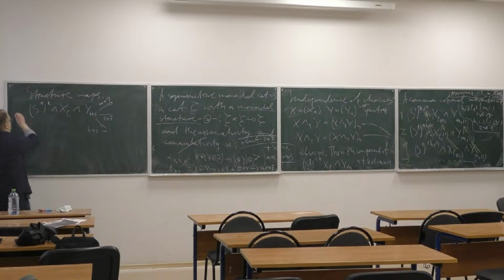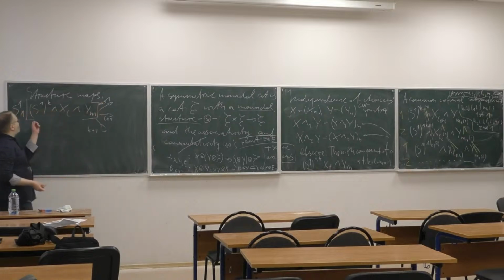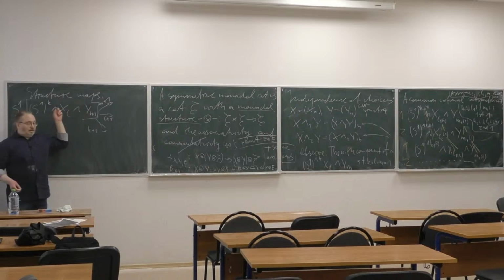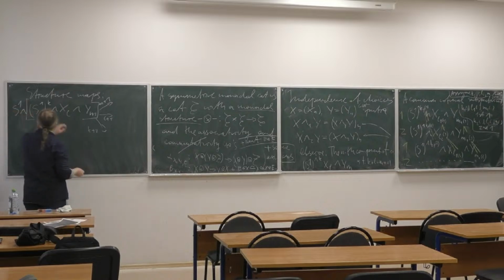So actually what we need is a map from the suspension of this thing to the same thing with just one of the indices increased. Well, for K, we just append S1 on the left. But for L and M,